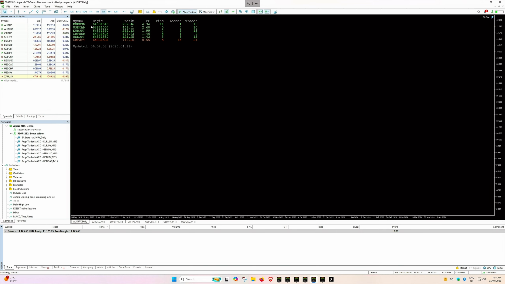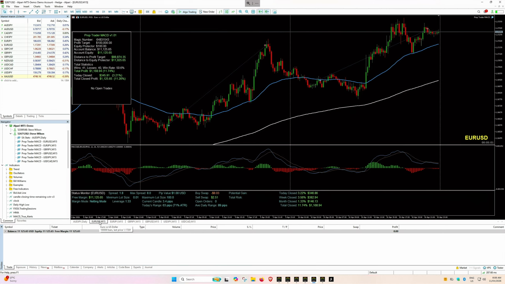The biggest result is the Euro US dollar, 11 wins and 4 losses, 4.34 profit factor. So let's have a look at this pair, and you can see the type of trades that this one has been taking. So we've got 2 consecutive days here with pretty much identical trades, and here the price is above the 200 moving average, the 50 is above the 200, which is valid, and we have a cross here of the MACD. So there was a pullback, and then the price closed in a positive. We had this push up,